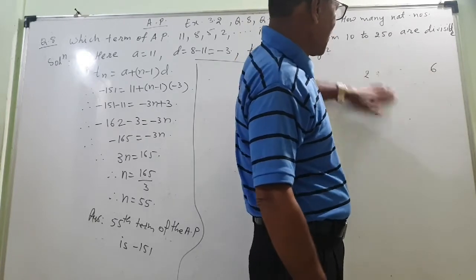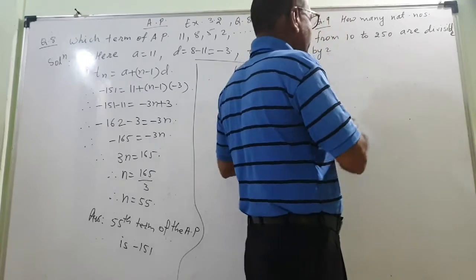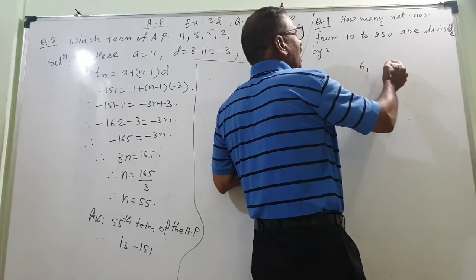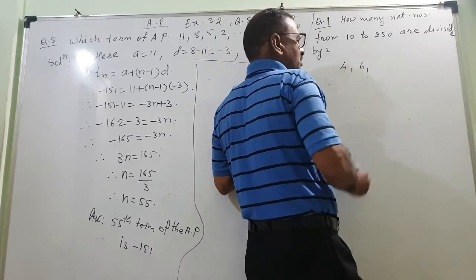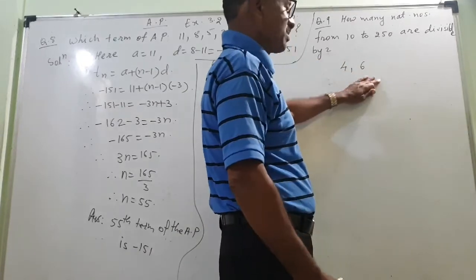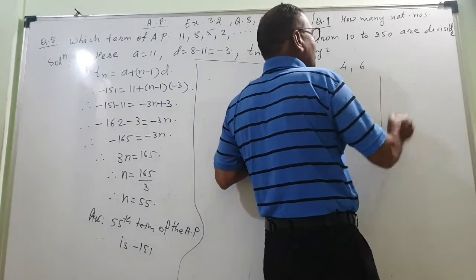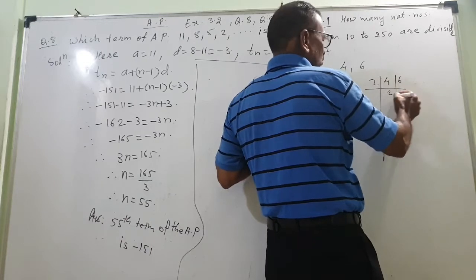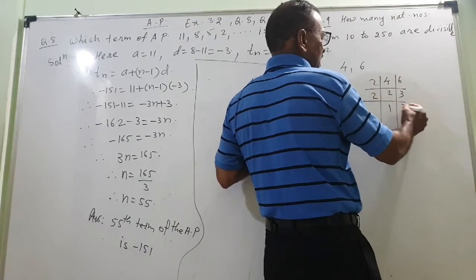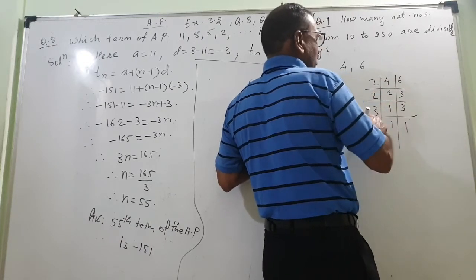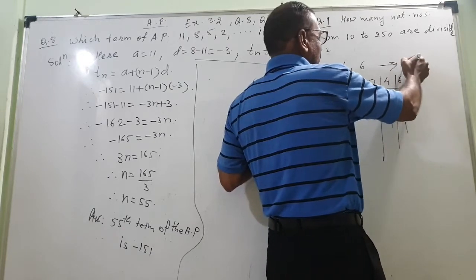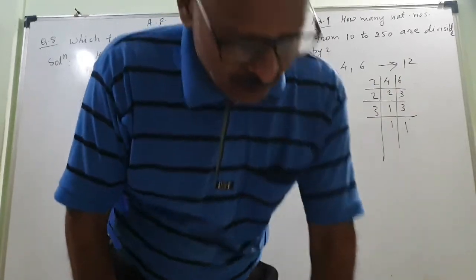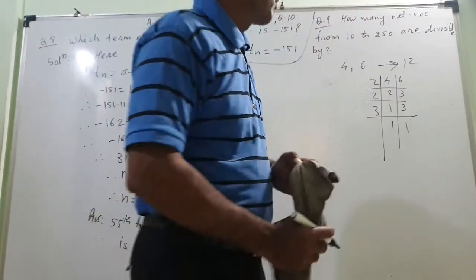If suppose it is asked like this, divisible by 4 and 6, I have to find. So what I will do, I will take the LCM of 4 and 6. 2 2s are 4, 2 3s are 6, 2 1s are 2, 3 as it is, 3 1s are 3, the LCM is 12. This is nothing but I have to find the numbers divisible by 12. So the scholars might have understood it immediately.